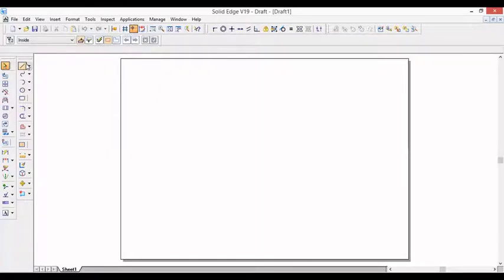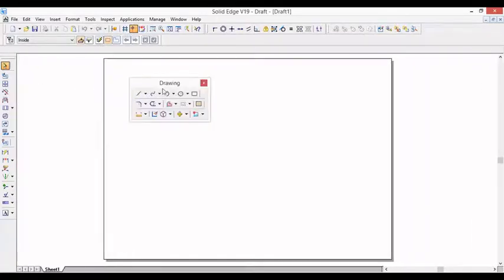In a similar way, we have the drawing toolbar. In the drawing toolbar, we have some of the drawing entities like point and line, curve, then arcs by different methods. We can draw circles by different methods, then rectangles and so on. Let us use this drawing toolbar